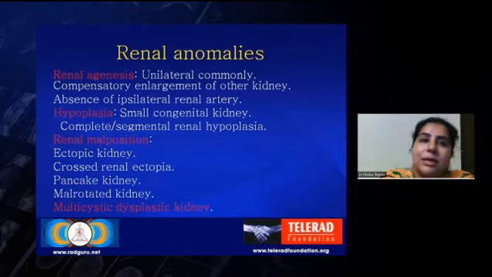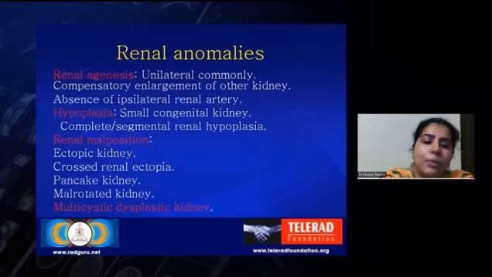Malrotated kidney is basically an abnormality in rotation. The renal hilum normally lies anteriorly compared to the renal parenchyma. But if there is abnormality of rotation during embryogenesis, then it might rotate medially, anteromedially, or completely reverse to a lateral position. If it is lateral in position, on IVP we can very well see the abnormal position of the pelvicalyceal system, and the kidney hilum is facing towards the lateral side.